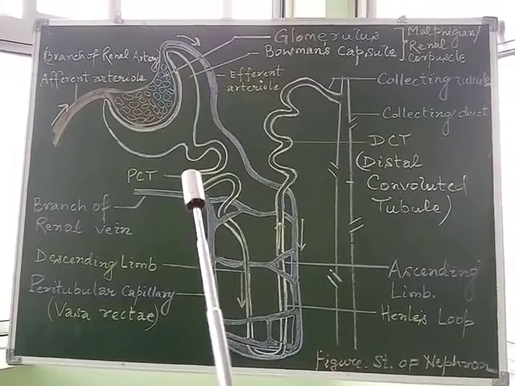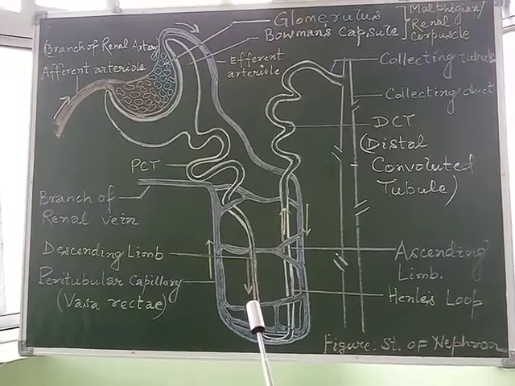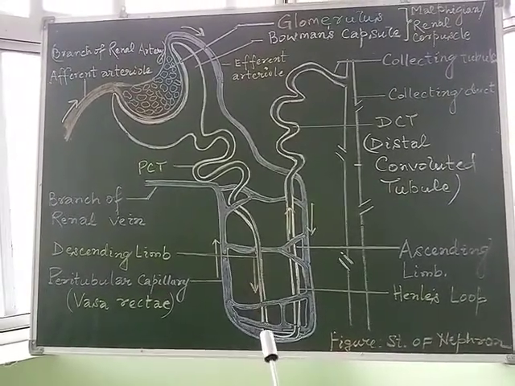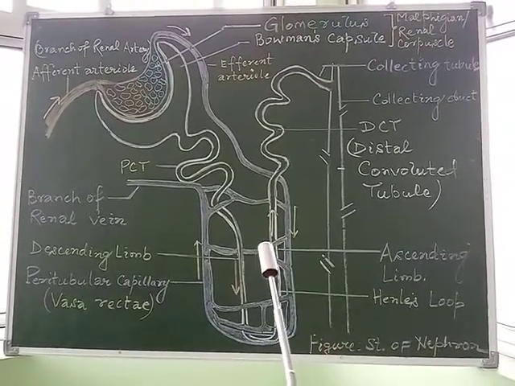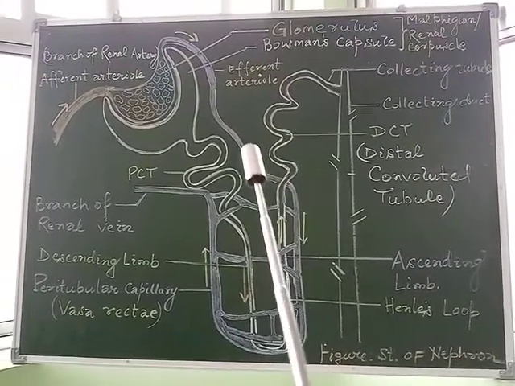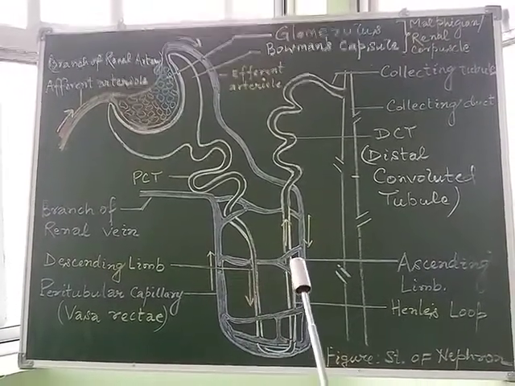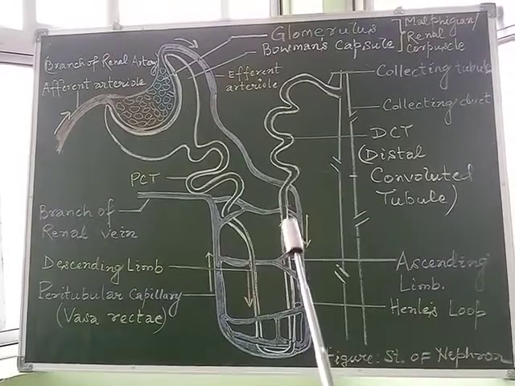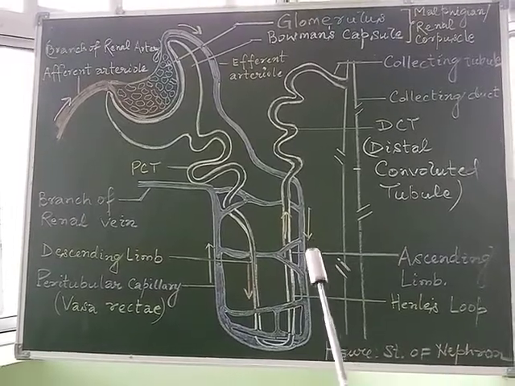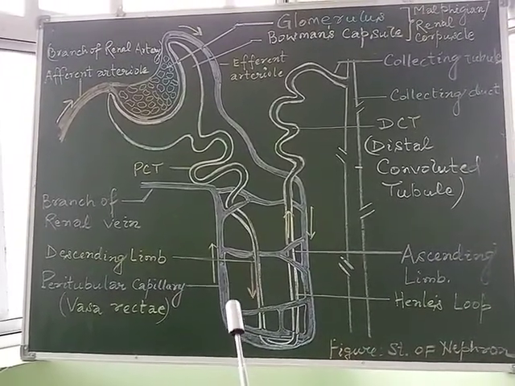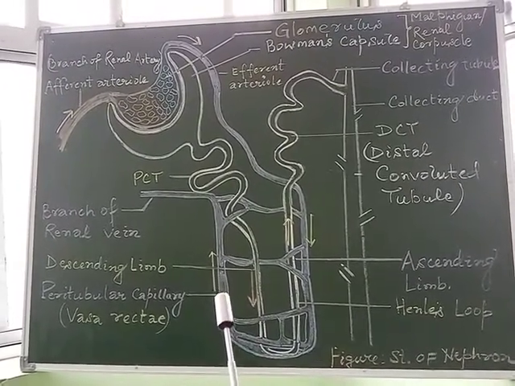So we may observe the flow of the filtrate within the descending limb of the loop of Henle is towards the downward direction, whereas in the ascending limb it is in the upward direction. Whereas the capillary formed by the efferent arteriole is just in the opposite way, meaning the capillary surrounding the ascending limb is having the flow in the downward direction, as well as the capillary surrounding the descending limb of loop of Henle is having the flow